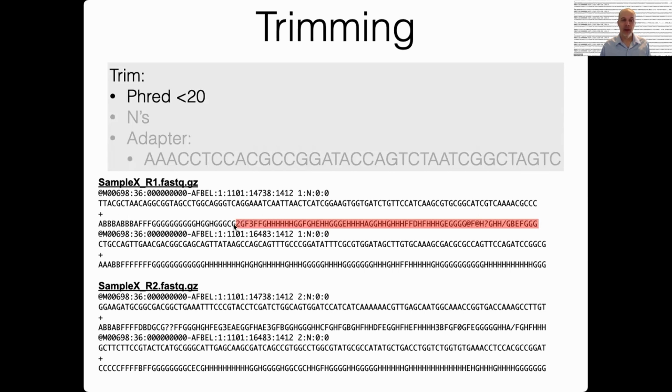But if you're going to trim anything that fails your criteria, you're going to trim there, and you're going to trim everything 3'. And the reason for that is that if we just cut out this base, cut out this A that corresponds to this low quality score, and then shifted everything over to the left, we're essentially introducing